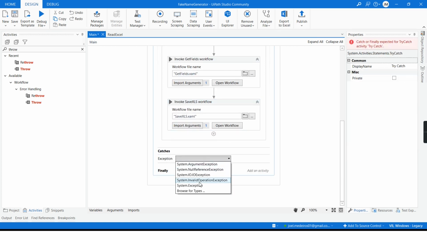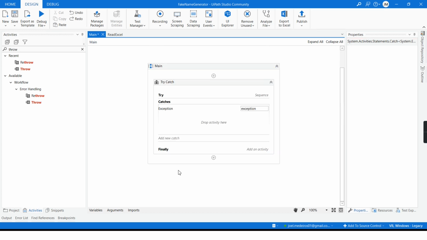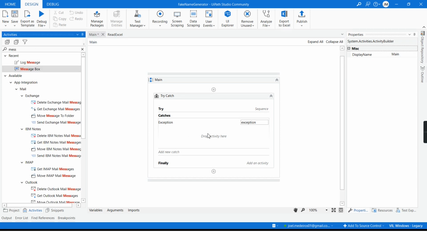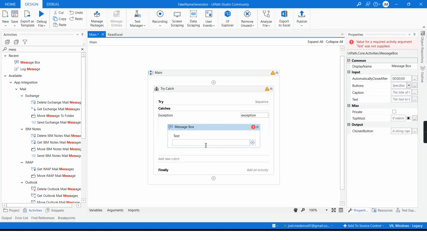And then in here, I can put system exception, that it will catch any exception that happened. And then I can create a message box. And I can put